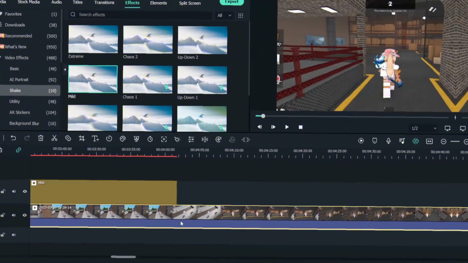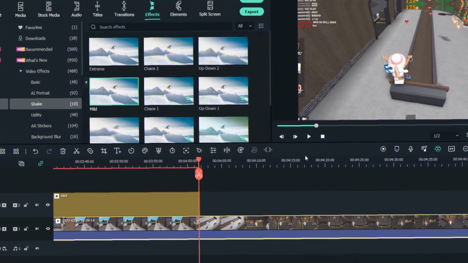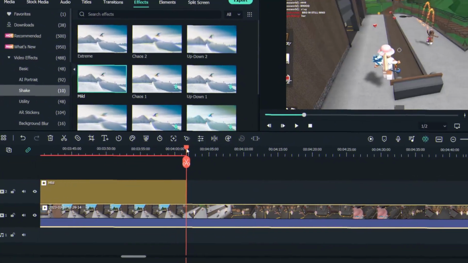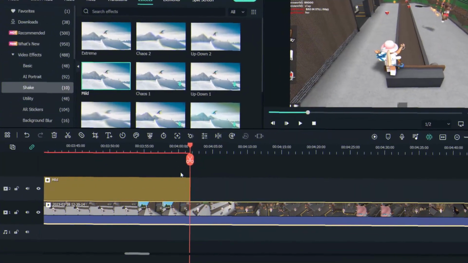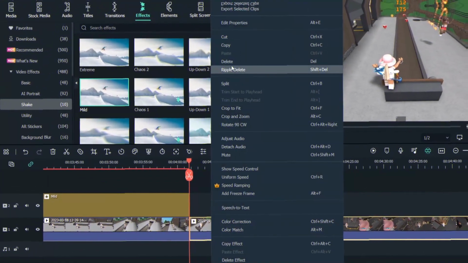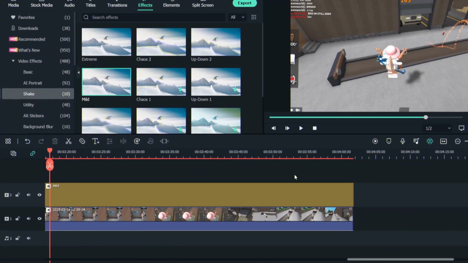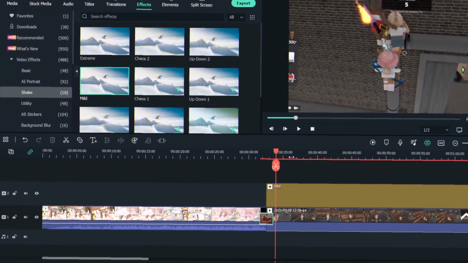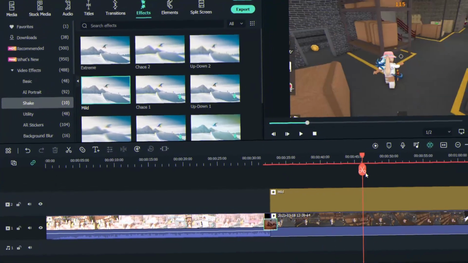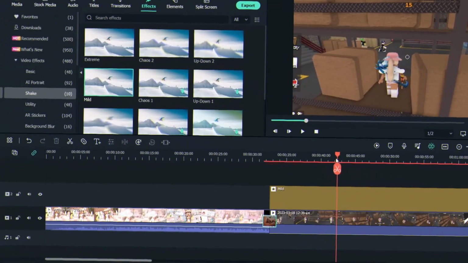I'm gonna cut it right here. That's the end of the video, just like that. Boom, done. Okay, so now that we have this effect and we know how to make clips longer, all of that jazz,